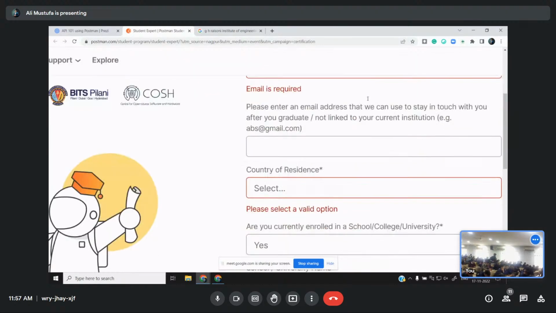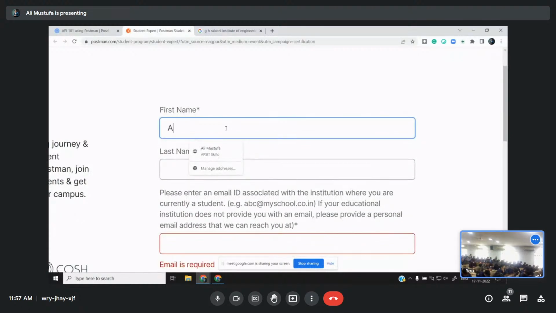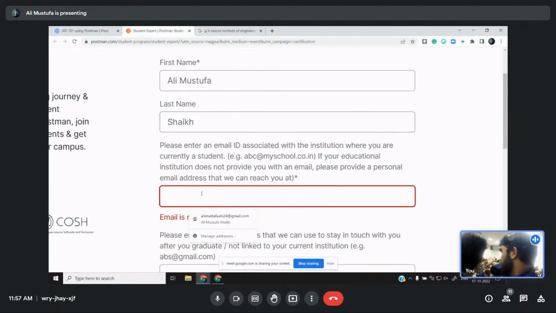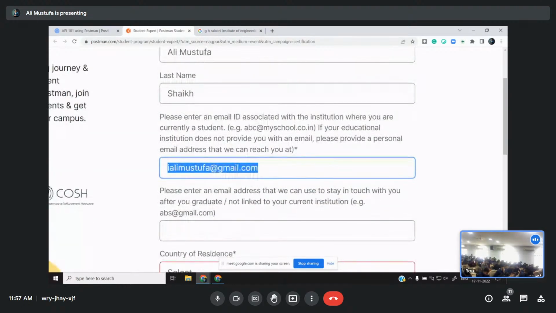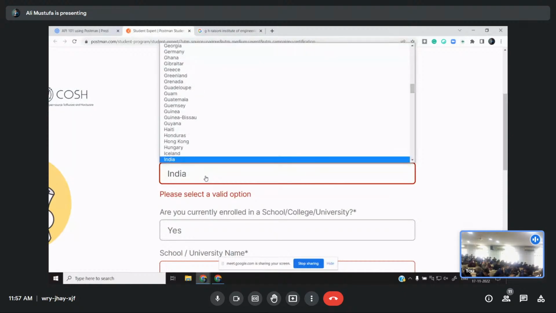Okay. I went to the URL. I'll start typing my name. Let's say Ali Mustufa. Then I type my last name, which is Shaikh. Then I'll type my email ID, IEEE@gmail.com. My email IDs are same, so it's fine. I don't want to add that. Continue registration, country is India.